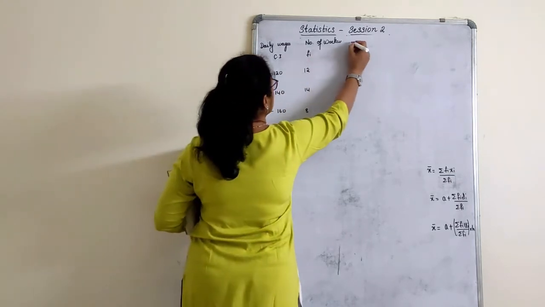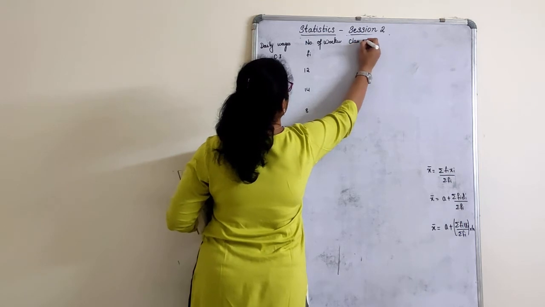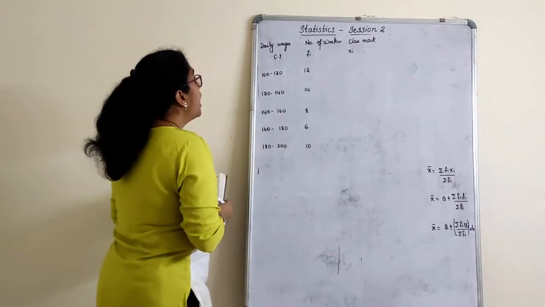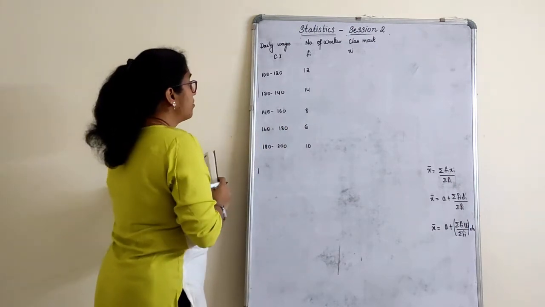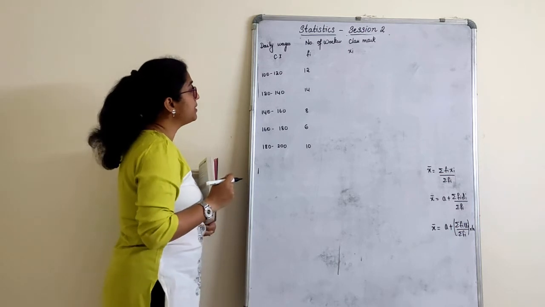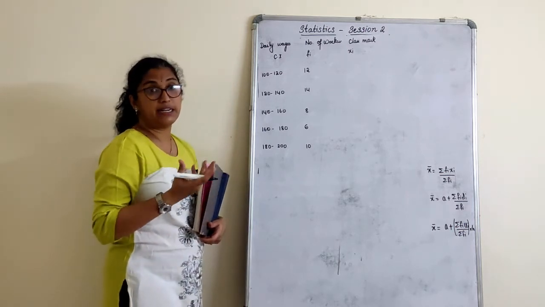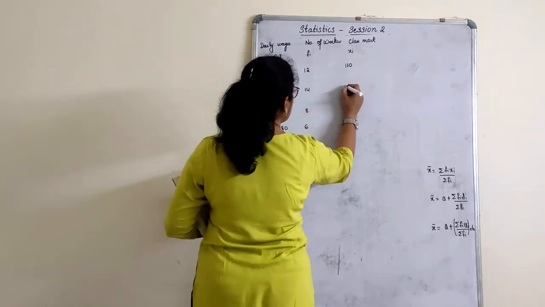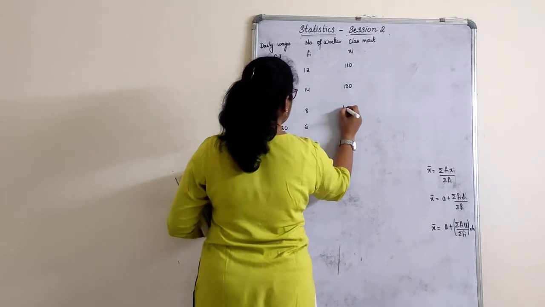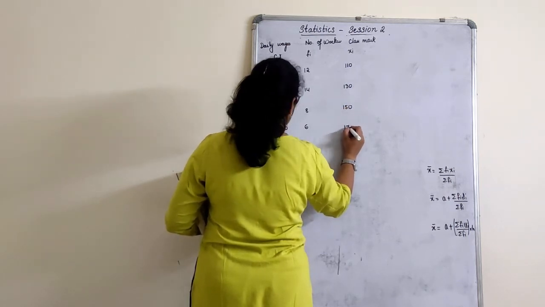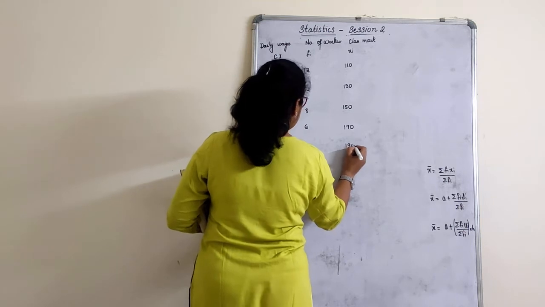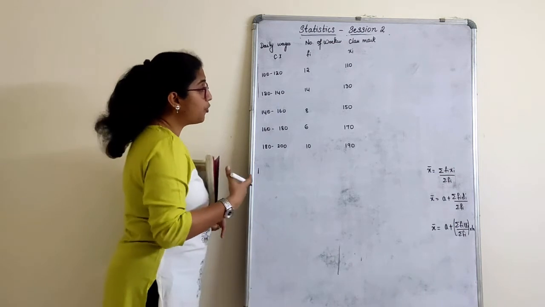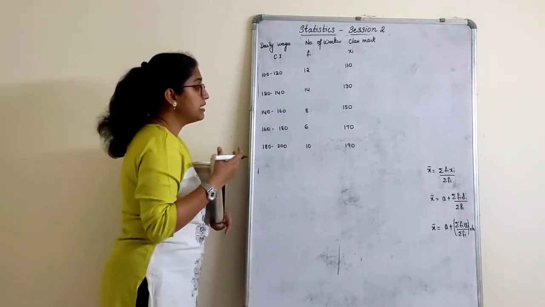Let's finish class mark also. Then I'll tell you what. Class mark is Xi. 100 plus 120 will be 220, 220 divided by 2 will be 110. This is how you do it, but here since it is very simple, we can even do it orally: 130, 150, 170 and 190. Just imagine you have to multiply 110, but still 130 into 14, 150 into 18, 170, 190.